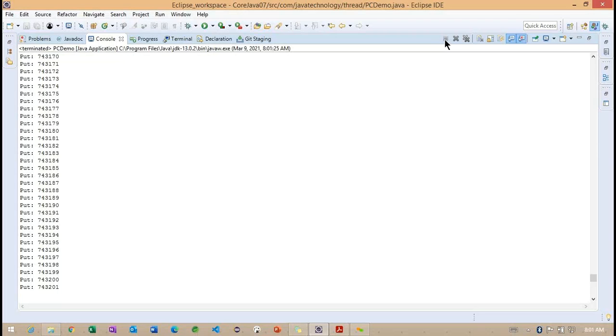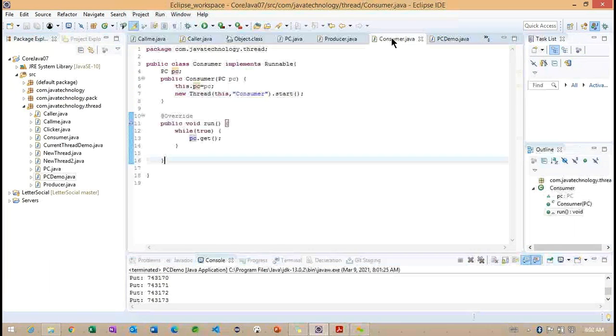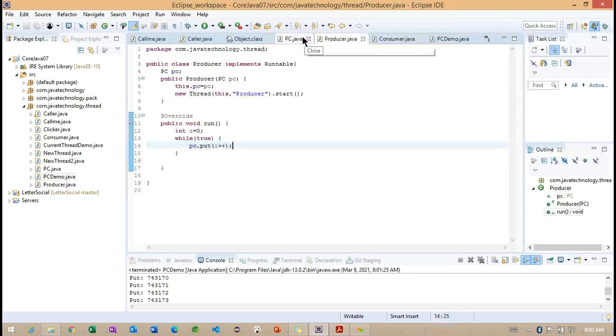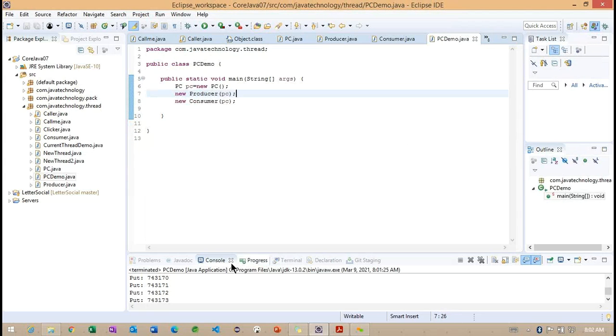What we can do directly, we'll stop here. Whenever we are running this kind of application, what happens internally? Based on this particular synchronization, what exactly is happening?